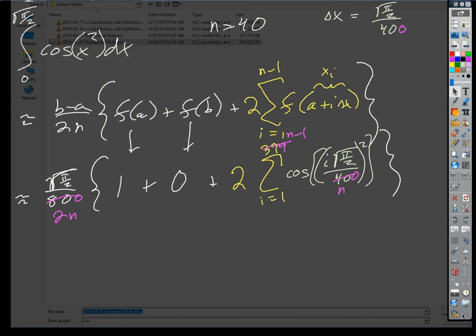Because this is an approximation method where we can't find an area analytically. There is no antiderivative, but we have to have some idea how many trapezoids are enough to get the job done, right? And so it turns out there is a method for figuring out what the maximum error would be. Okay, it's kind of a weird formula. It looks like this. The error